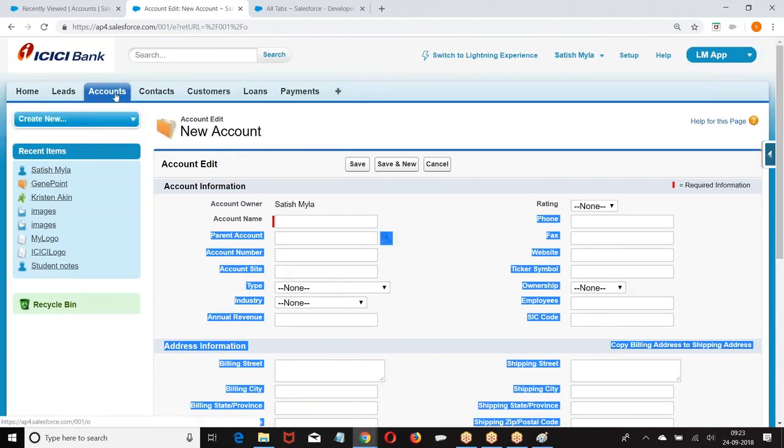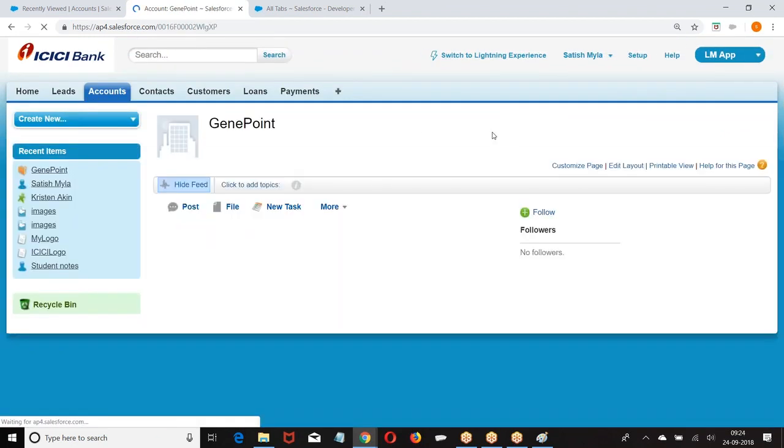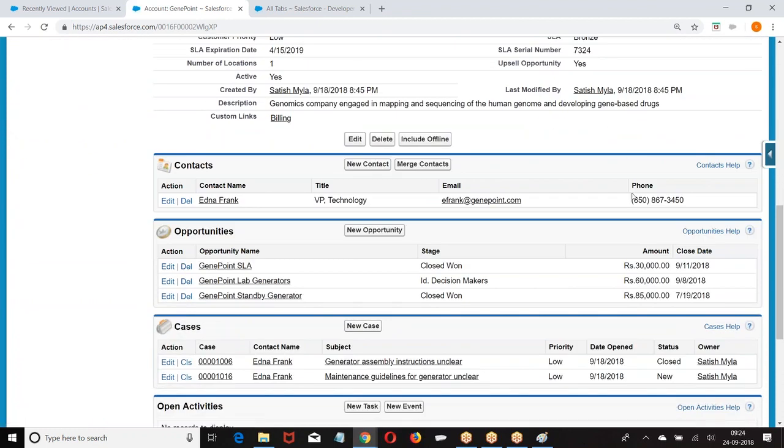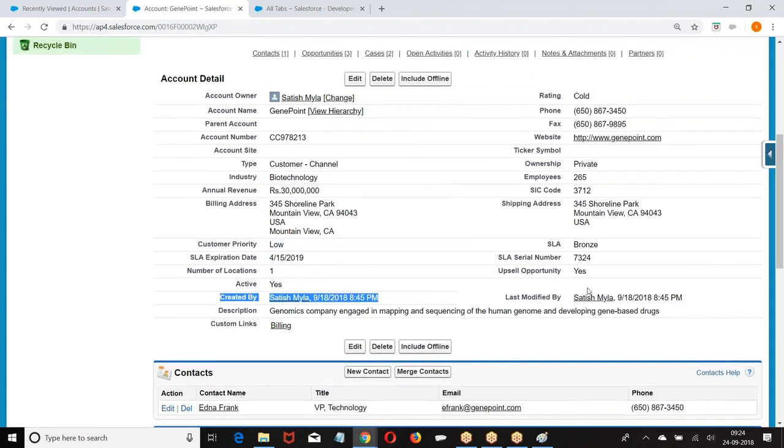But some of the fields here have data entered by Salesforce only. For example, last modified by, created by. This type of data is provided by Salesforce. So for standard fields, fields are created by Salesforce and data is entered by the user.